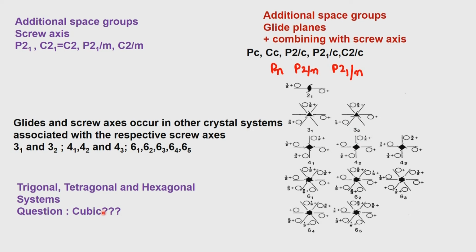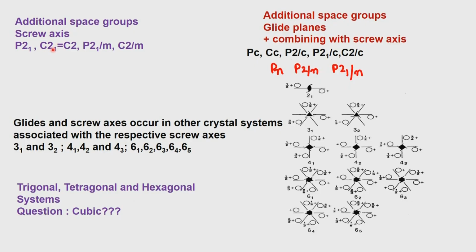But the fact that it is a cube has certain properties. So which property of the crystal system dominates and which does not dominate is very important. That is how, for example, when we talked about this C21 and C2, it is the C operation which dominates. So once we have a C centered lattice, we will take that C centered lattice as the main concern for generating equivalent points. So you will have x, y, z, half plus x, half plus y, z. Any other component which will involve translations in either of these two, x or y, is secondary. Therefore, the secondary interaction can be ignored because it is already built into the primary interaction.